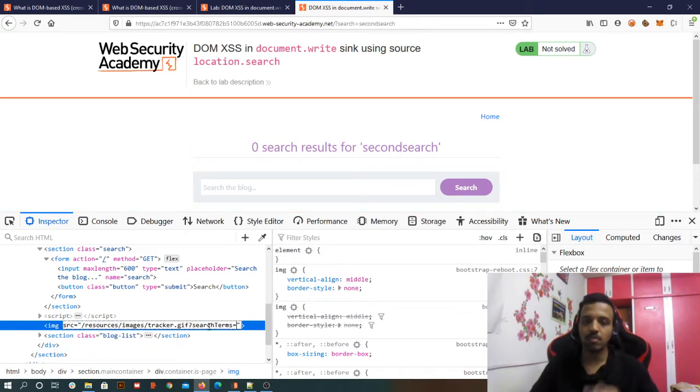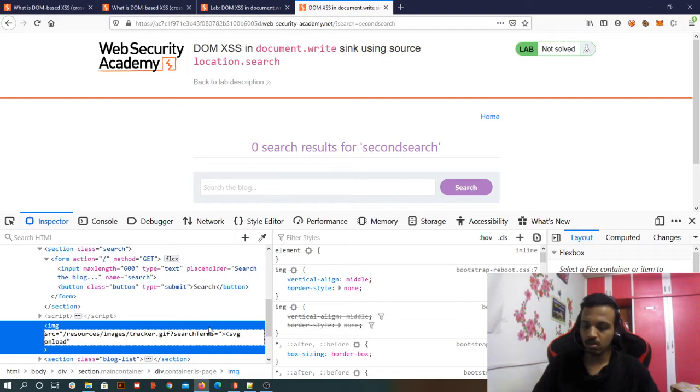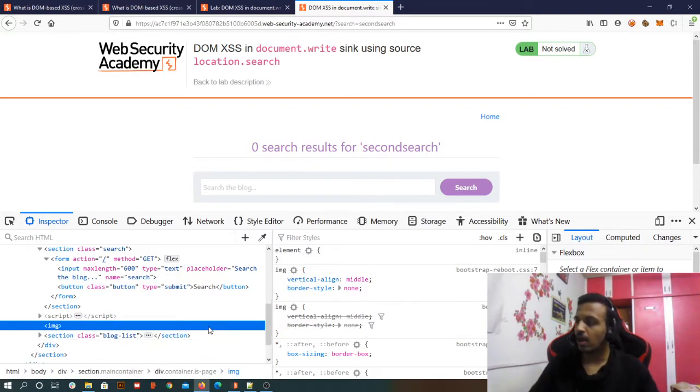Okay, so this is what my content is, I'm searching, right? So I'm going to simply close this, and then I'm going to open my new thing, that is svg, and then here onload. As soon as this loads, self-explanatory, alert 1. So you can see this is what I'm going to write. So what is the value that I gave so far, from here till here, right? And this is the value that we have given. Let me copy this and enter.